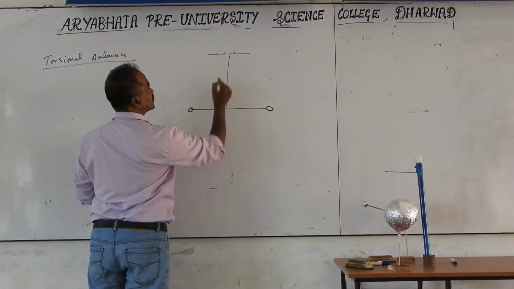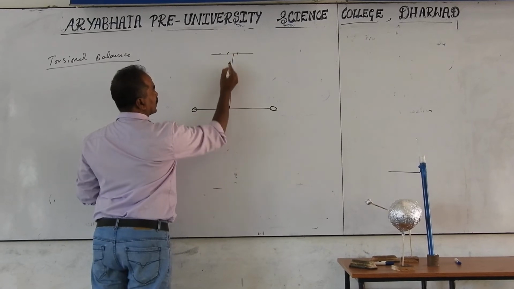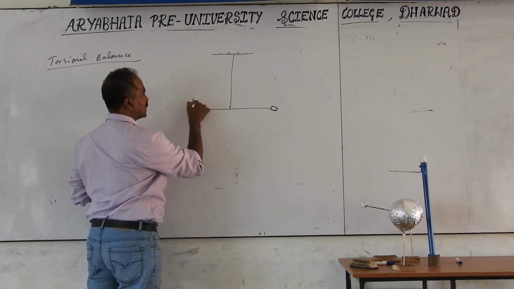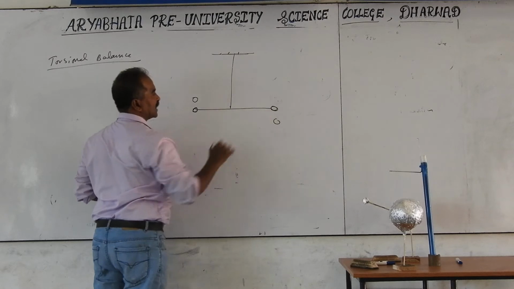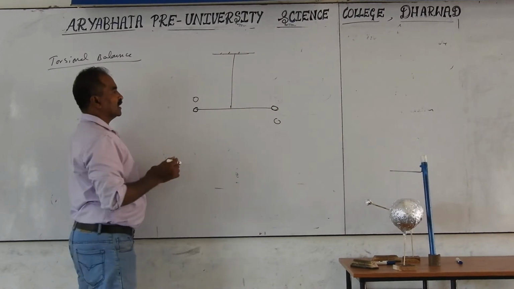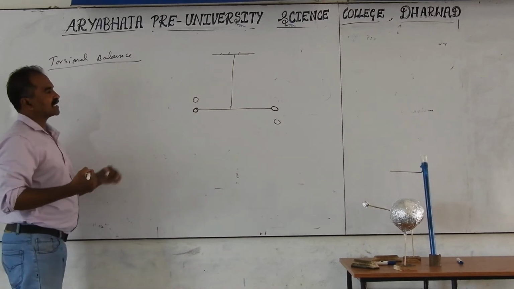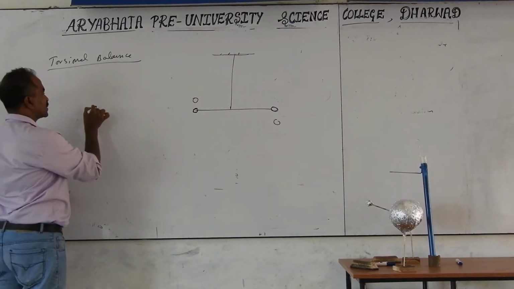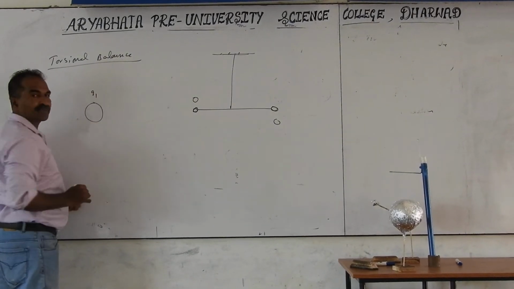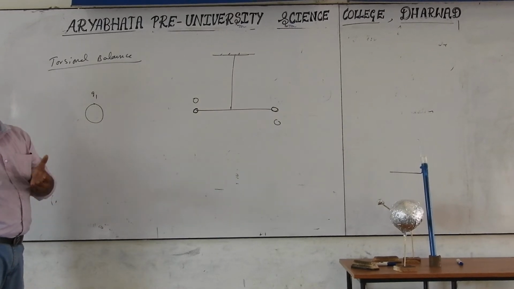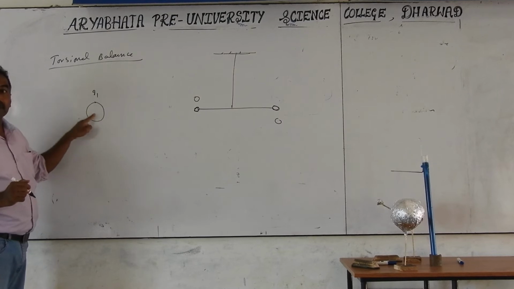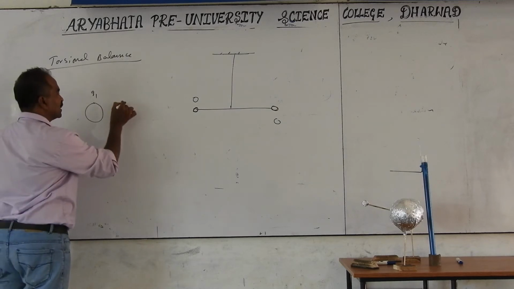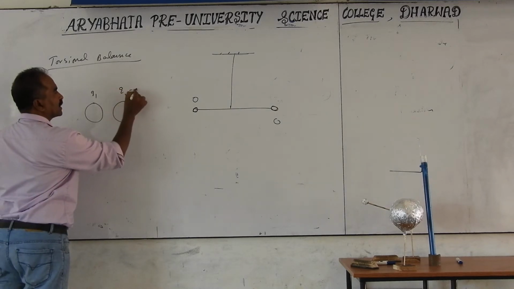It is suspended with the help of a thread support. Adjacent to this, identical spheres are kept on opposite sides. Coulomb didn't know what the charges on the spheres were, only the ratios. He took at least one charged sphere, that is Q1. It is charged by rubbing a glass rod with silk. If you touch the glass rod with this, we know it is positive charge. Like that we know touching ebonite is negative. So this is charged. Another sphere is taken with charge Q2, but it is 0, not charged.